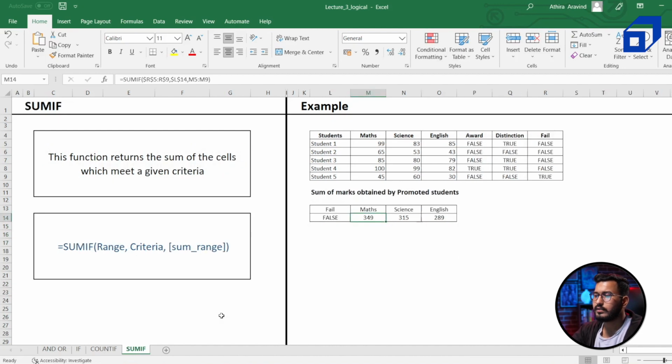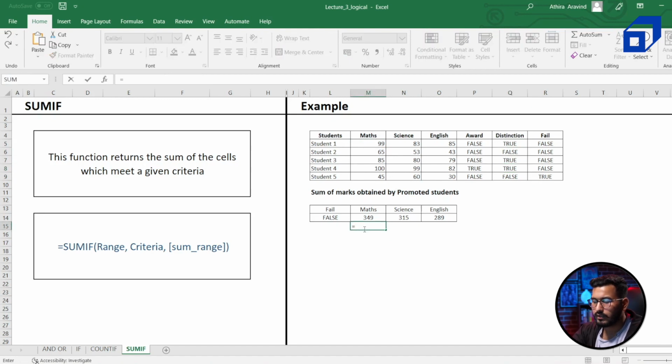Now SUMIF. SUMIF is used when you want to take the sum of a certain range if a certain condition is true. So let's say I wanted to take the sum of only those rows where I have true present in this particular column. So how we will write this formula is equal to SUMIF. The very first input that it takes is the range. So I wanted to apply the condition on this column. Again, I'll freeze this using F4,